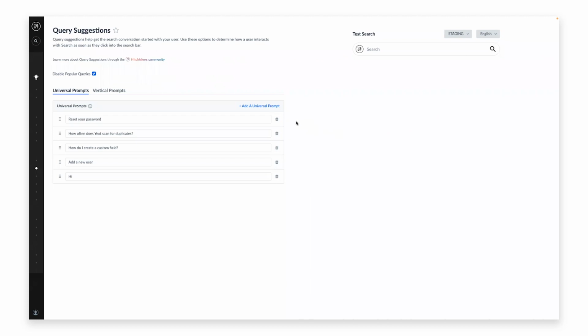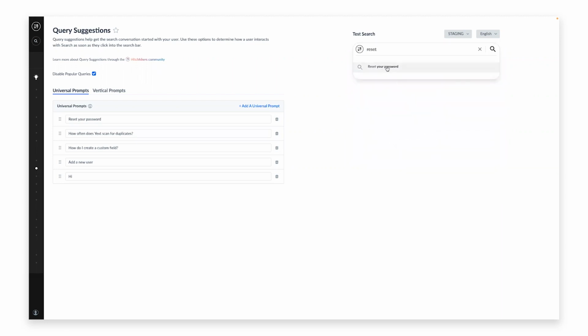And the third change that we've made, and this is perhaps the most impactful, is we've made our query suggestions much smarter and much more intelligent in the way they surface prompts to users. And so what I mean by that is, if I click into here today and I want to look at the prompt for reset your password. In the old system, if I wanted to get this prompt to show up, I would basically have to start typing my query using the exact same characters as this prompt began with. So as an example, to get this prompt to show up, I have to start typing